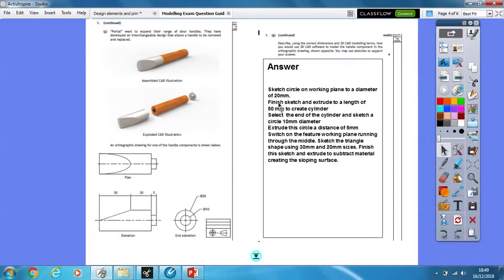You would then finish the sketch and extrude to a length of 50 millimeters to create the cylinder. You can get the length by adding 30 millimeters to 20 millimeters, and that would create that cylinder. Next, we would select the end of that cylinder and sketch a circle 10 millimeters in diameter. So this smaller circle would be sketched on the end of that cylinder. And then once again, using extrude, this circle would be extruded to a distance of 5 millimeters. Now we're at the stage where we've got these two cylinders